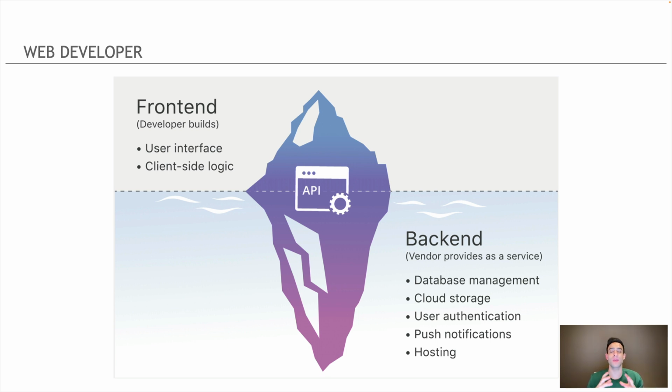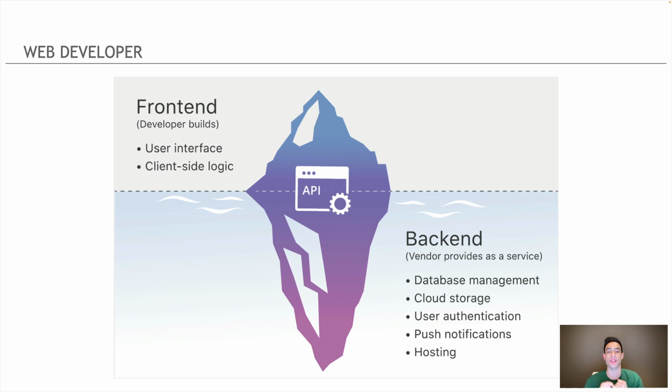An API can be thought of as something that translates from front end to back end or back end to front end. The front end developer builds the view. It's the user interface, also called the client side logic. And the backend